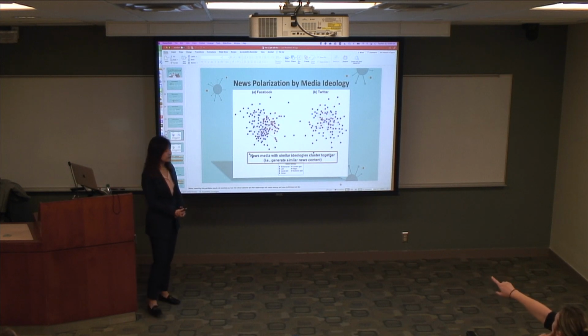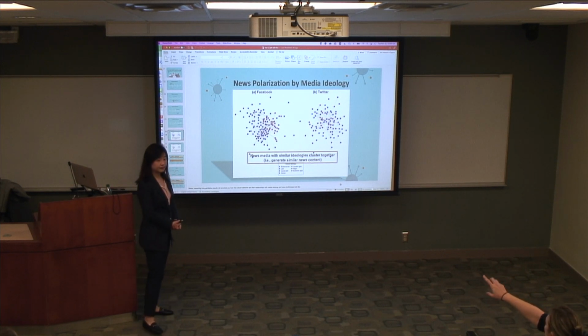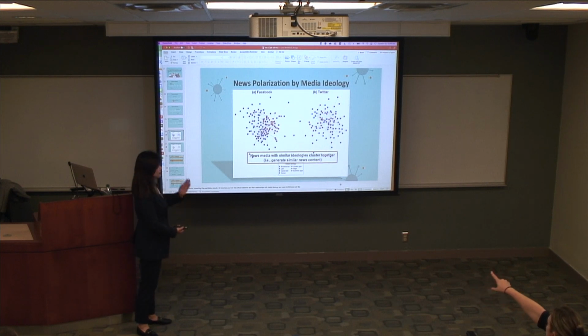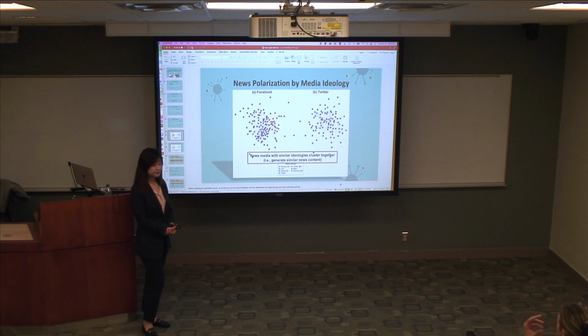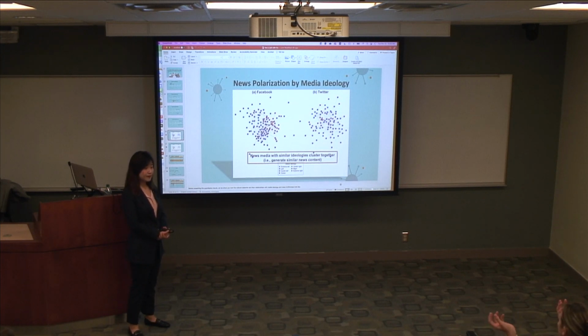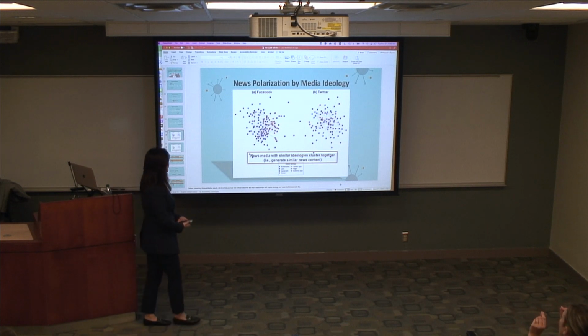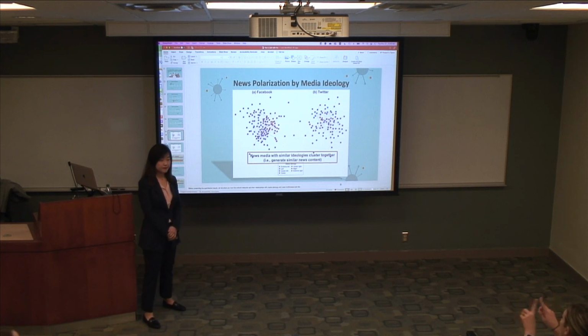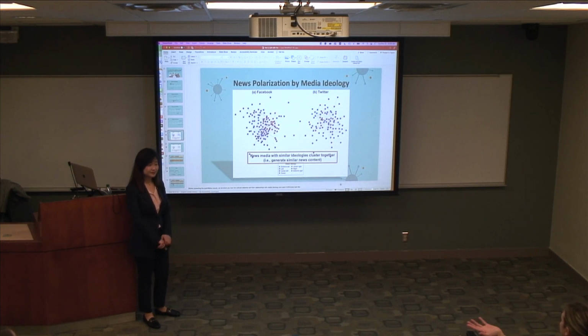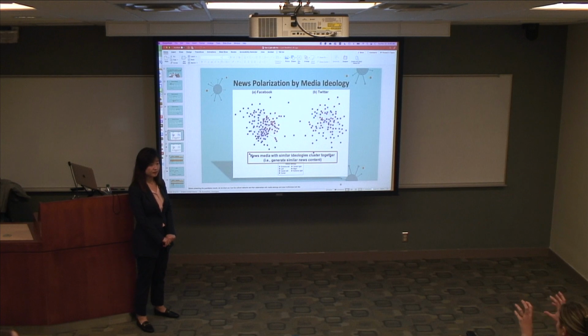Right. Is that the assumption? Because I'm seeing that on Facebook, it looks much more polarized than Twitter. Yeah. My first thought looking at this was thinking about it in terms of people, and I was like, oh, maybe Facebook's more polarized, like people are in their own bubbles, but it's not, it's the semantic networks. Right. So is it not the same content then? Because presumably these are news organizations that are sharing content on Facebook and on Twitter. Right. But they're being shared by, so I guess I'm trying to wrap my mind around it, like,